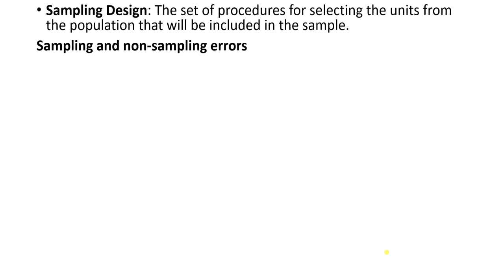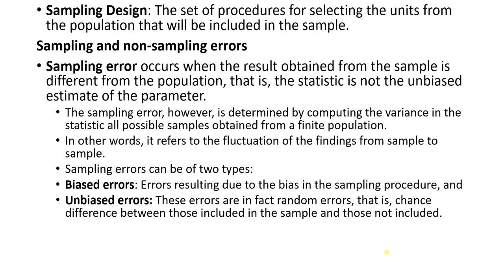Now, when we do sampling, when we study a sample and make inference about the population, different types of errors are inevitable. Some errors occur because of the deficiency or difficulty in drawing the sample itself, and some may be related to other features which are not related to the sampling, and therefore such errors are often called sampling and non-sampling errors. Sampling error